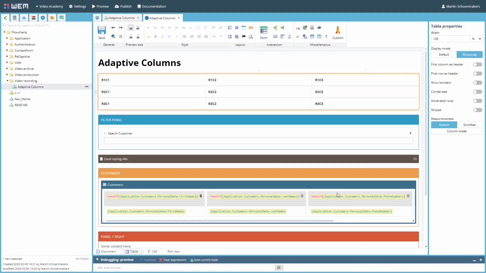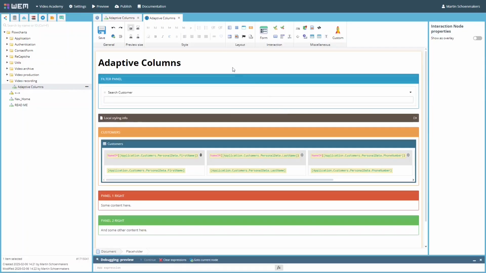In the old days of website design, we would use HTML tables for creating a screen layout. Although we still have a table component in our template editor, and for a good reason, it is now a bad practice to use tables for layout purposes. Table components are not responsive and may not always look good on smaller screens. For this purpose, we offer the adaptive columns component, which, as the name says, will adapt itself to different screen